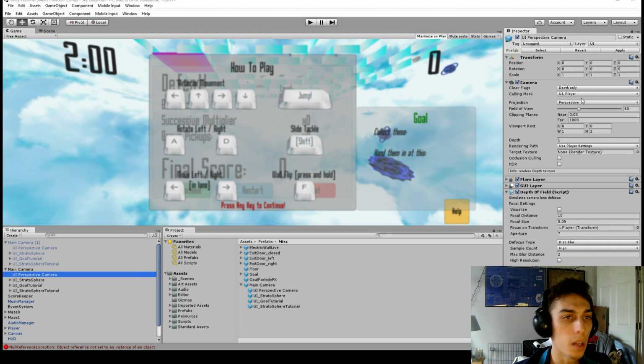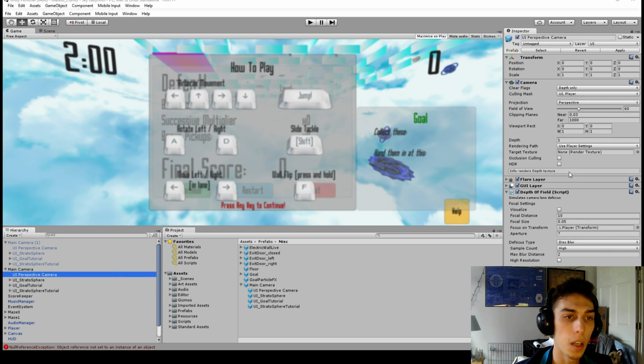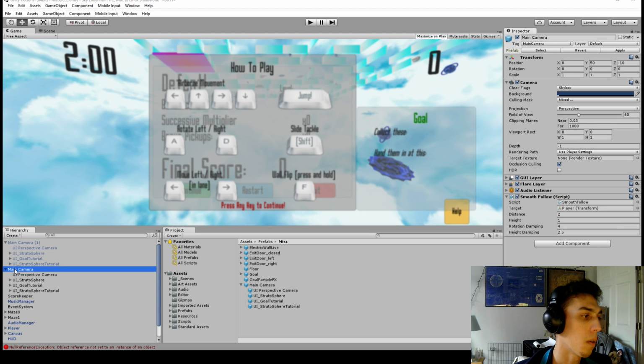You set the culling mask to both draw UI and player, and not draw everything else. And then you attach a depth of field script, which is just part of the standard assets provided by Unity, and have it focus on the transform that you don't want to blur, in this case the player. So what this does is the UI perspective camera follows the main camera around, which is the only way that this actually works properly, and